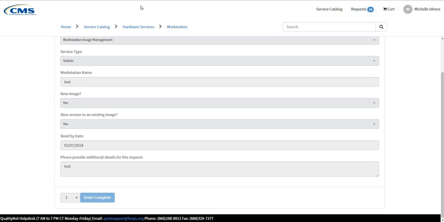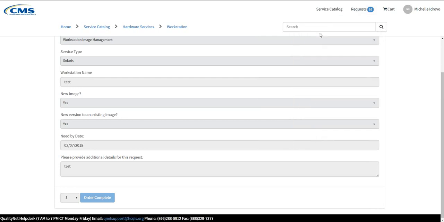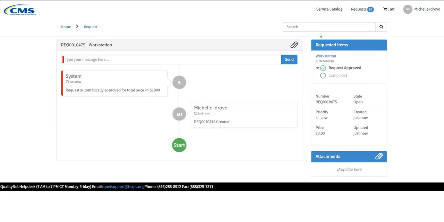You'll get a request up here to track your request, and it'll also add as another request. So you would go up here on your header, look at your request, and click on it. It'll bring you into the request form here. So this is a status page. It'll tell you anything that's approved for less than 1,000, no approvals required, and it'll let you know the request that was